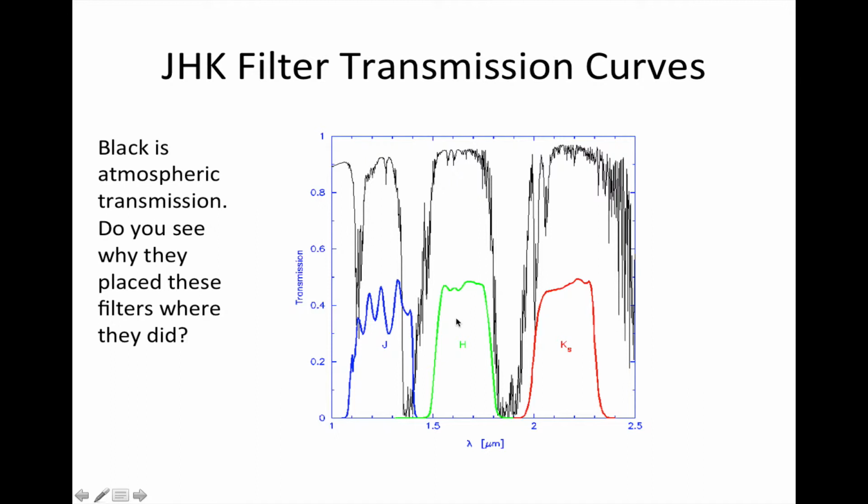So these are near infrared J, H, and K filter transmission curves. In this case, again, transmission is a function of wavelength. Now we're in microns, but the black is what the atmosphere lets through, with all of the lines here being from oxygen, carbon dioxide, nitrogen, water, everything that's in our atmosphere. And then the J, H, and K bands are as shown. So they are well matched to these tiny windows in the transmission curves